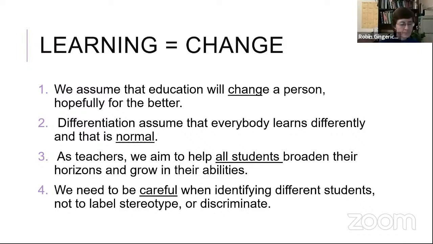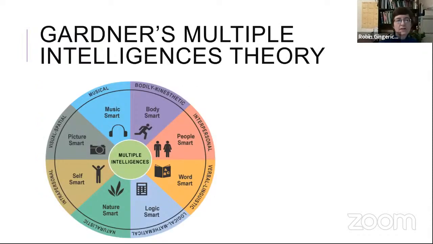The next slide shows a theory you may already know, which is Gardner's multiple intelligences theory. This is an old theory. You know this theory from before, so this is nothing new. Multiple intelligences theory tells us that everyone has some different types of intelligence, and some of us have more of one type and less of another type.